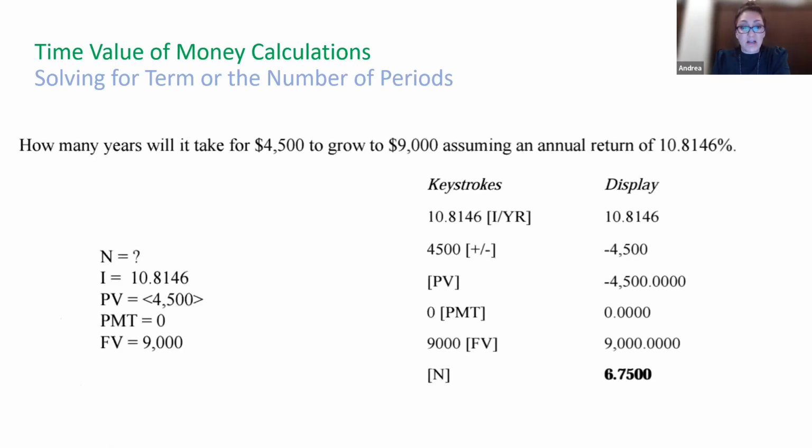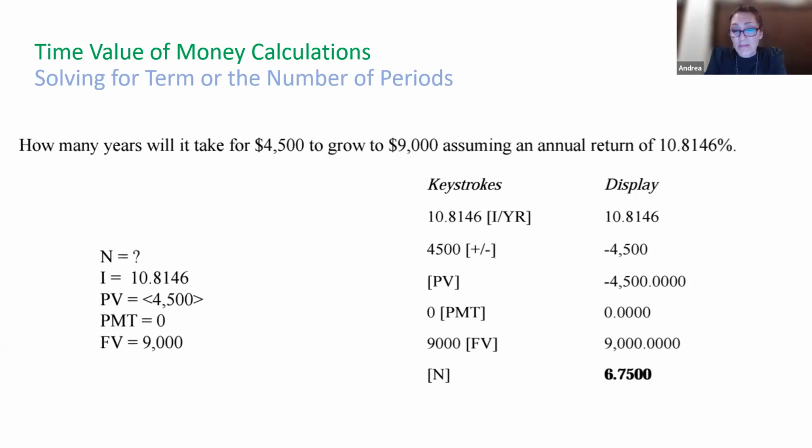Let's do some practice here. How many years will it take for $45,000 to grow to $9,000, assuming a rate of return of 10.8146%? Sorry, that's cut off on my screen here. Our variables, we are solving for n. We know what I is, we know our present value, and we know what our future value is. So the keystroke is